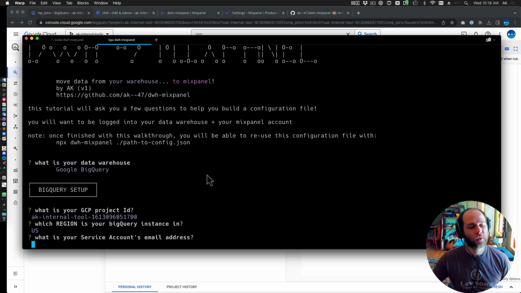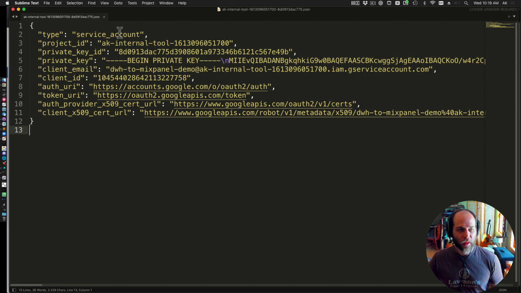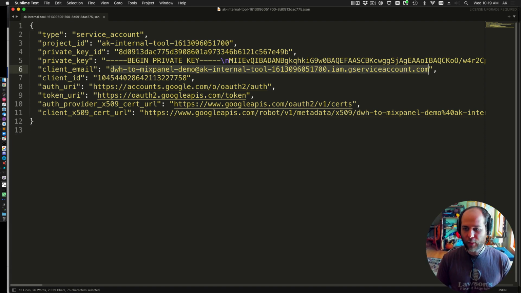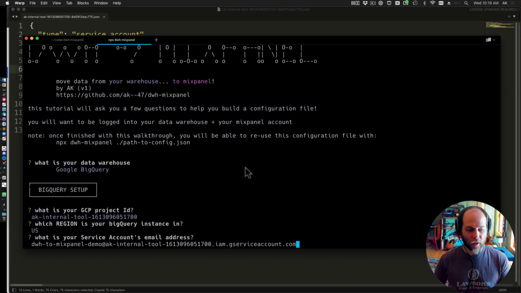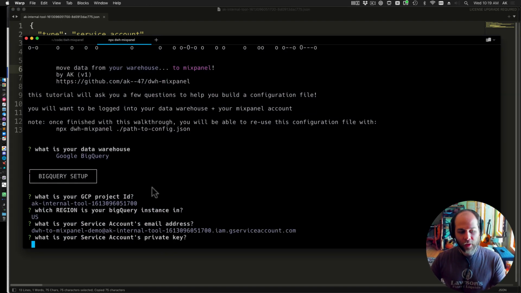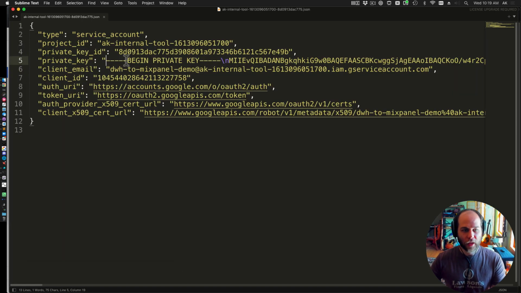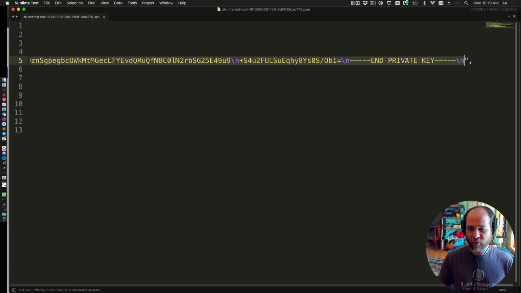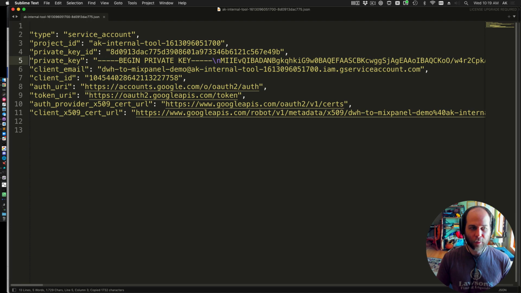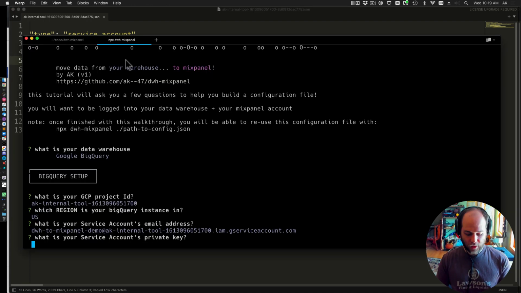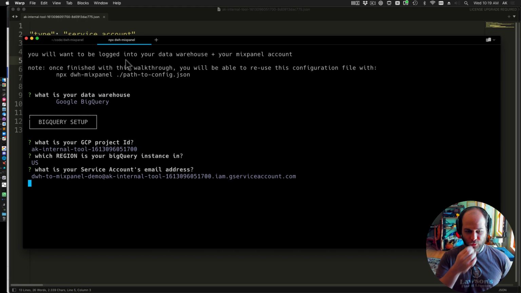Anyway, we can return to our tutorial, in which we're being asked for our service account's email address, which is in that JSON that we downloaded. It's called client email. So I will copy this onto my clipboard and hit OK. And it's asking for my service account's private key, which is also in that JSON. This is a very big value, so I'm going to just copy it onto my clipboard and paste it into the terminal. And it's going to look really long,